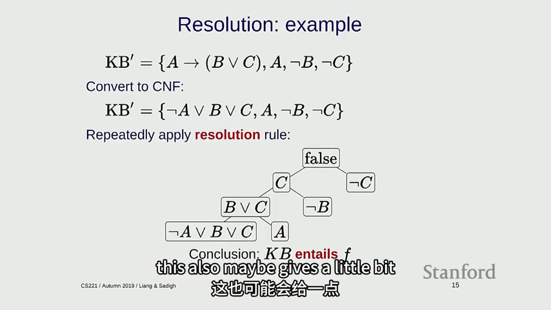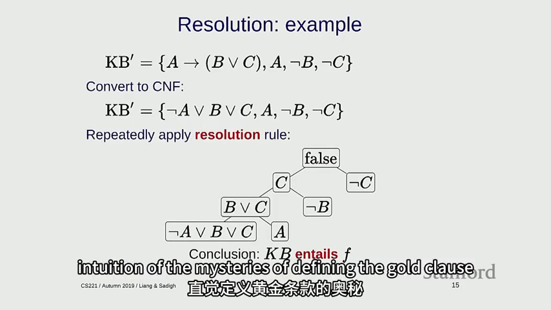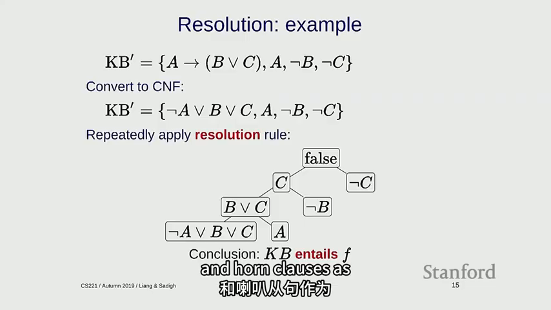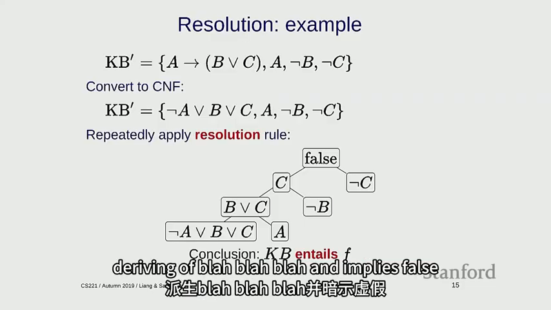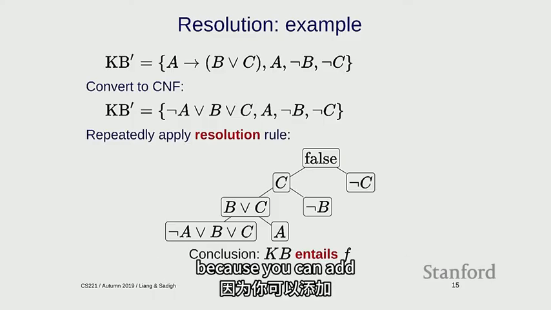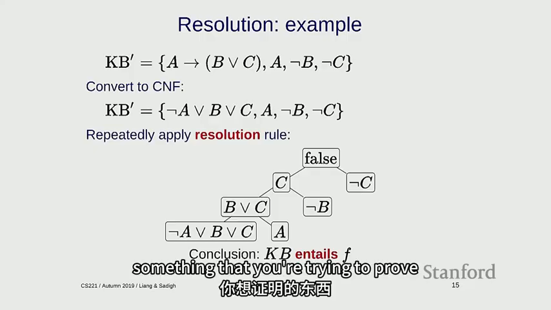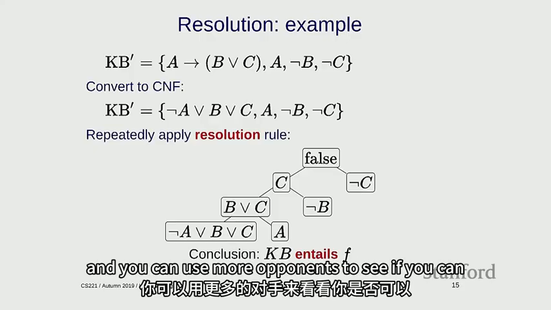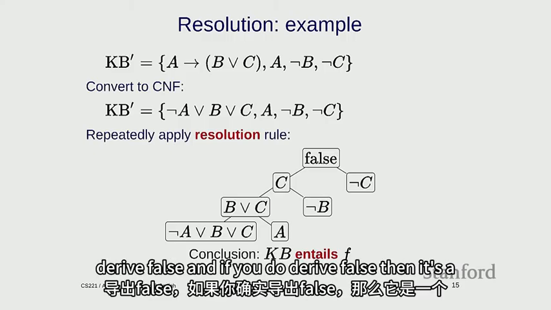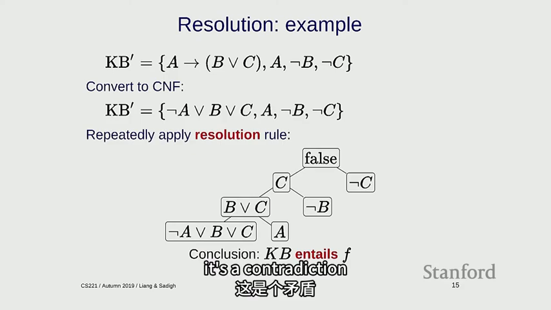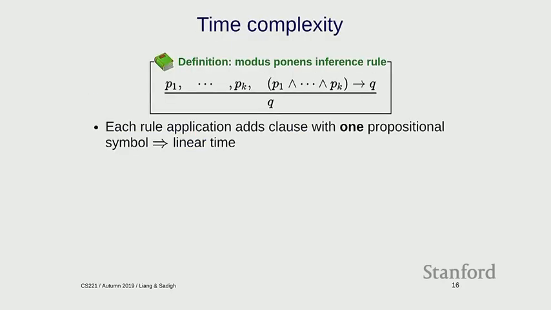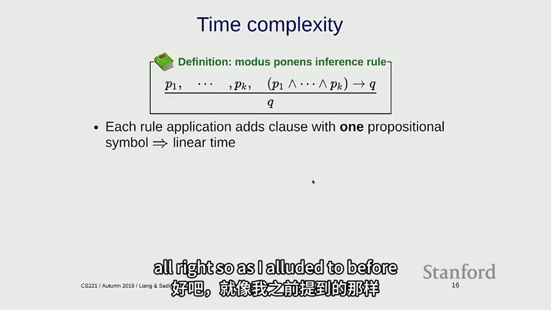This also maybe gives a little bit of intuition of the mysteries of defining the goal clause and Horn clauses as deriving of, blah, blah, blah implies false. Because you can add something that you're trying to prove, and you can use modus ponens to see if you can derive false. And if you do derive false, then it's a contradiction. All right, so as I alluded to before,